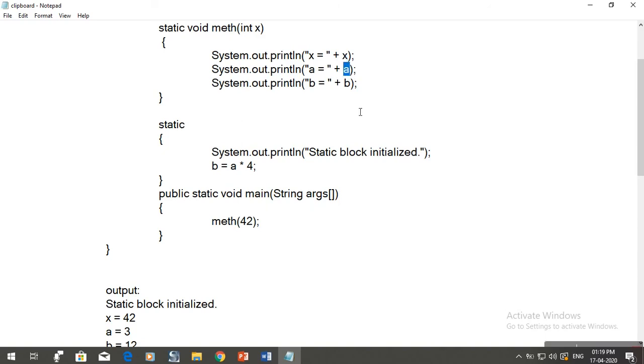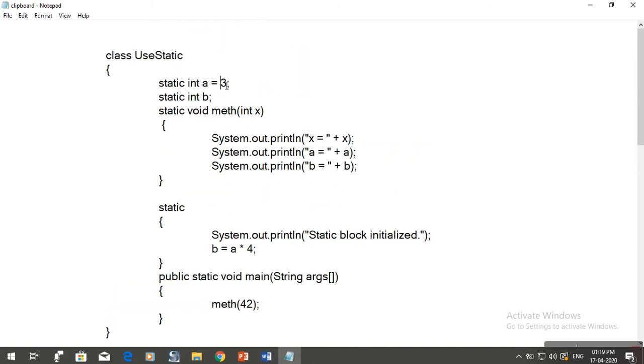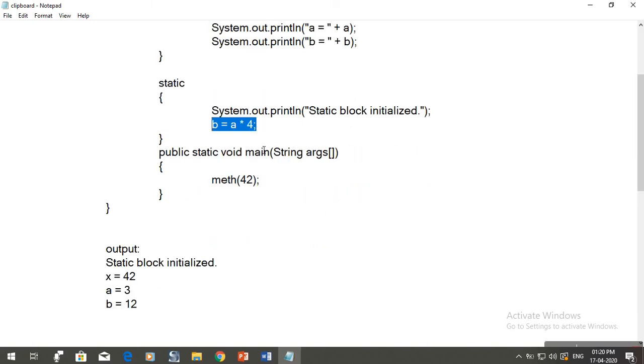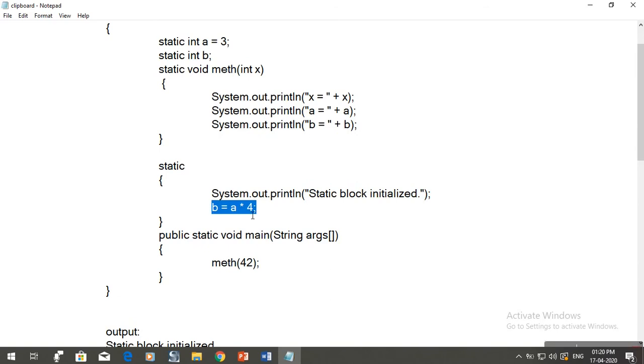Then a equals 3. Now b is assigned here because the static block is executed first, so the b value is assigned first. Now b equals 4 into 3, which is 12, so this prints the b value.